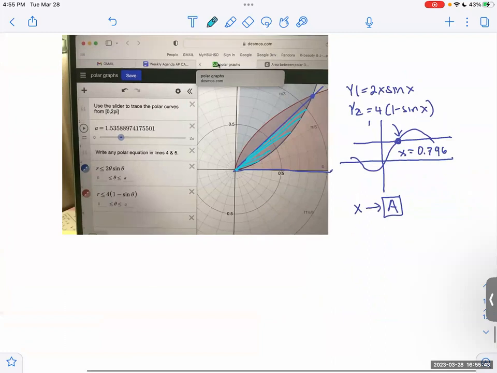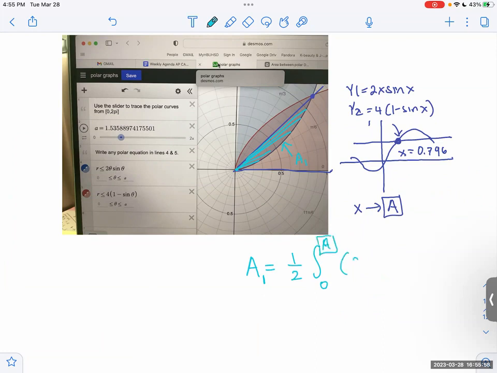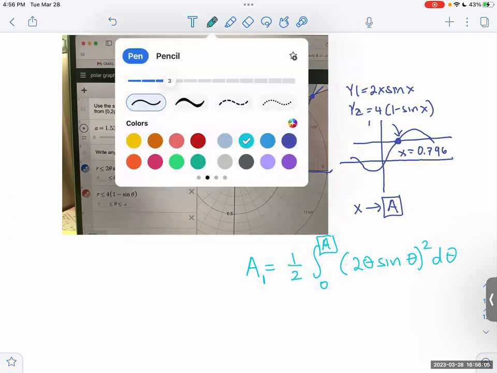So when I set up my integral for that part, area of region 1, this is A1, is equal to 1/2 integral from 0 to your stored value of alpha A. R squared would be the blue curve, which is 2 theta sine of theta, squared, d theta. And then you have to set up a separate integral